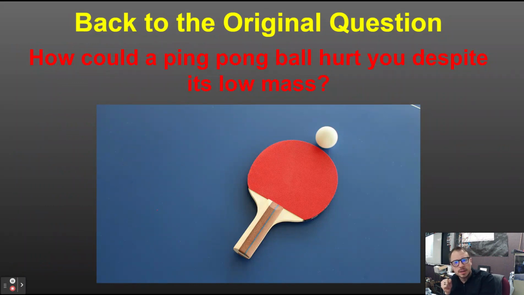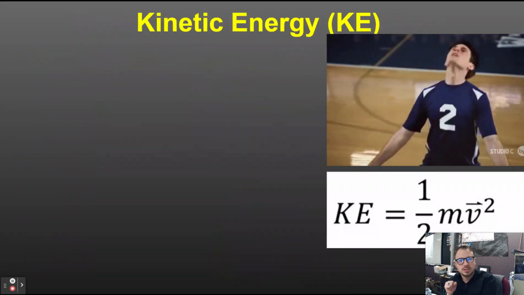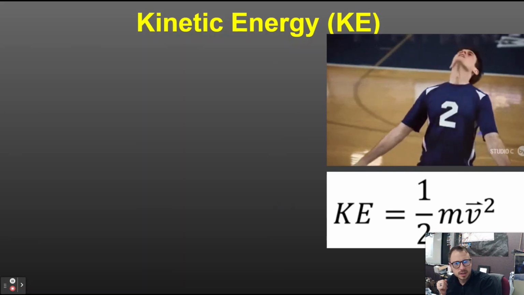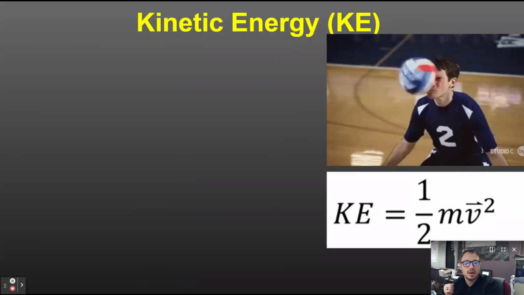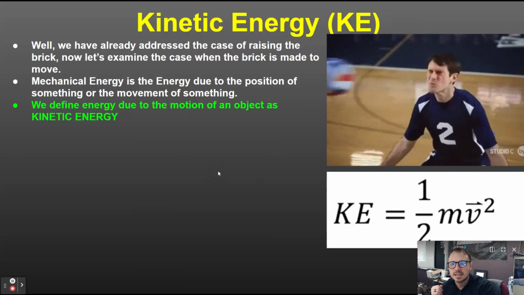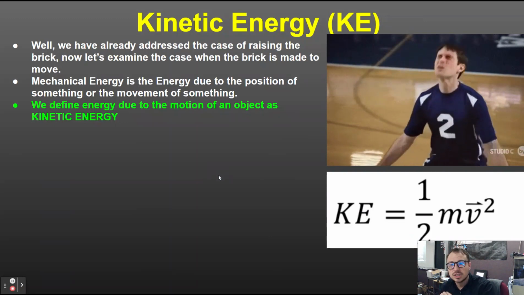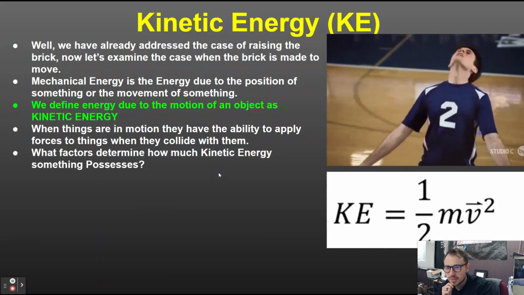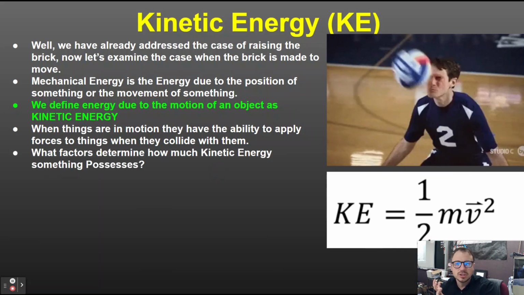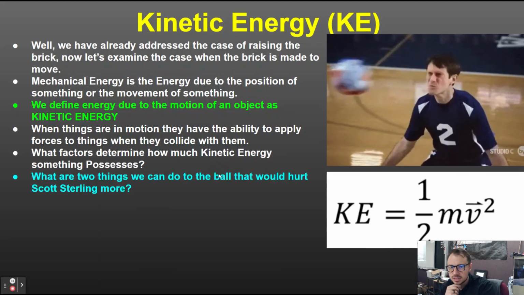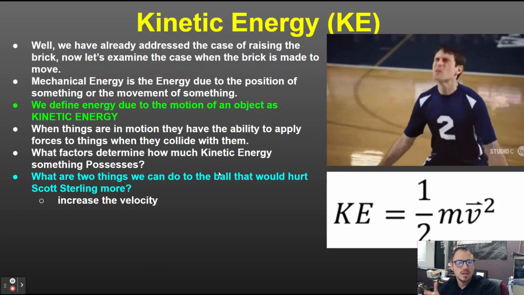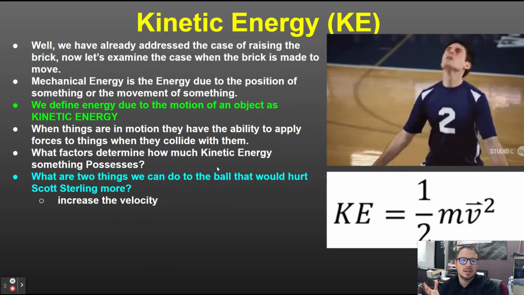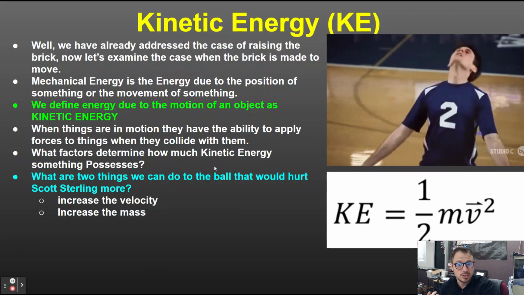So how could a ping pong ball hurt you despite its low mass, right? Think about that. If you get it going fast enough, it's going to hurt you, right? So let's take a look at that last kind, kinetic energy. The energy due to motion of an object is defined as kinetic energy. So what two factors determine how much kinetic energy something possesses, right? What would hurt somebody more if they were getting hit with a ball? Well, if you increase the velocity,